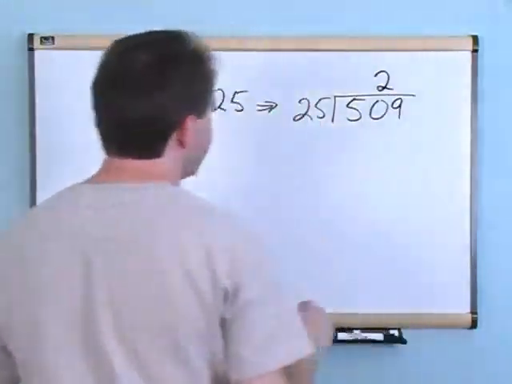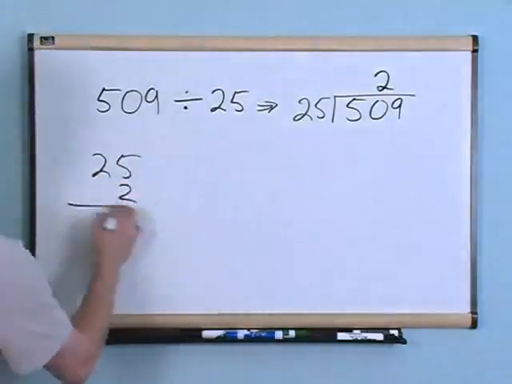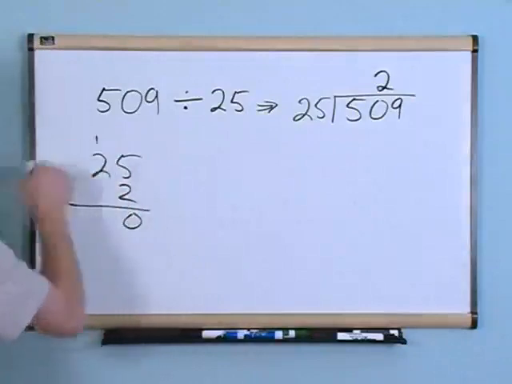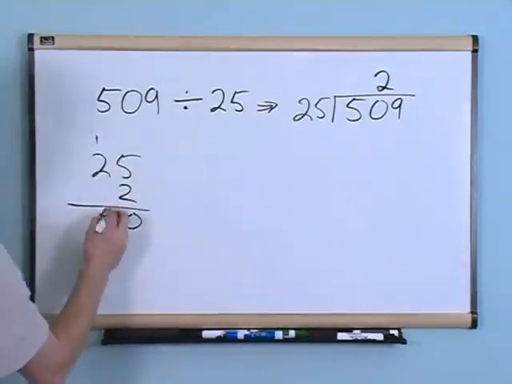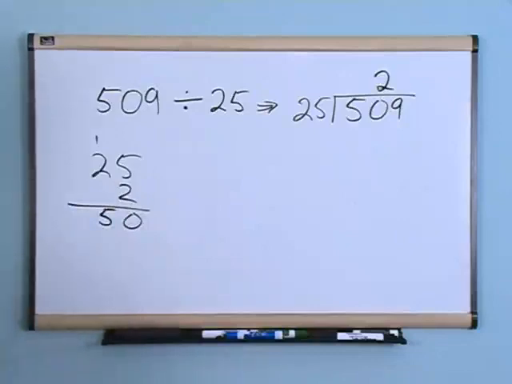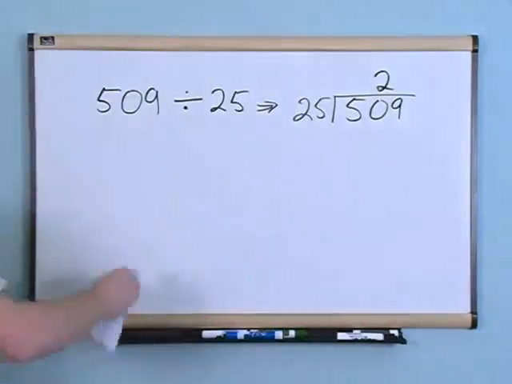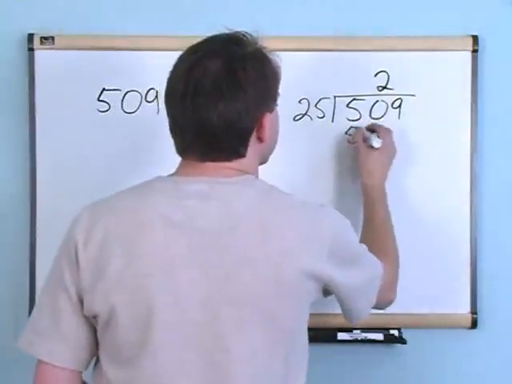25 times 2 is going to be 50, and let me show you how. 25 times 2. 5 times 2 is 10, so I'm going to write 0 here and put the 1 up here. 2 times 2 gives me 4, plus 1 gives me 5. So 25 times 2 does give me 50, and that's why I put it over there. Okay? So because I know that 25 times 2 does give me 50,